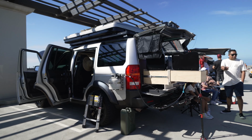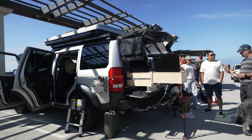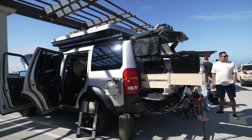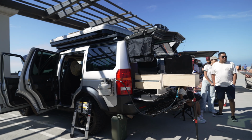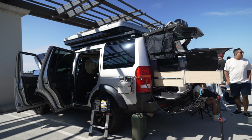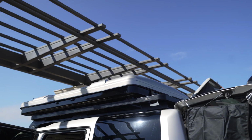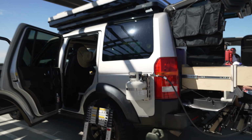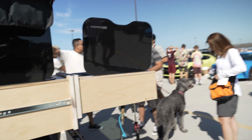Okay, so check this out. I have a couple of overlanding Land Rovers here at South OC Cars and Coffee, and this Land Rover is made for off-road. So you can see there's a camp tent at the top, and look at the propane tank. So it's ready to cook, and